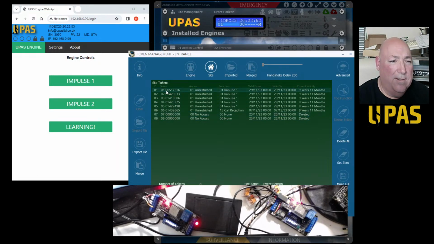I'm just using 1, 2, 3, 4, 5, 6, 7, 8, just 8 digits of data. But in reality, when you put that fob onto the reader, it's sending a lot more. Depending on the format, there's a certain area where it stores site code and token data, token number, for instance.